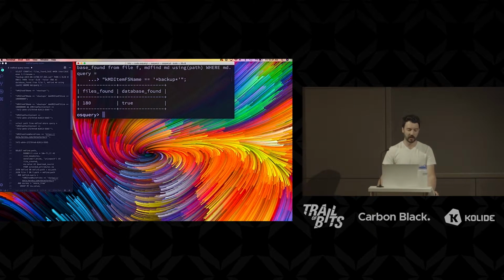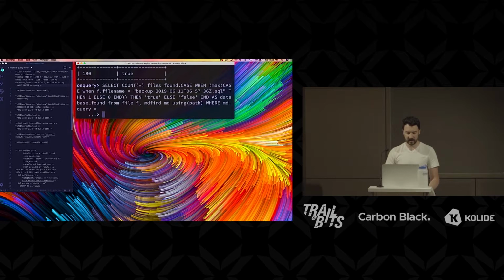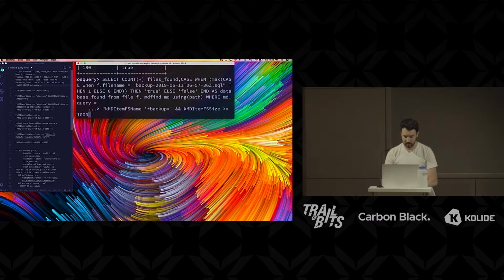So we're getting a lot of noise in the results here. Let's try scoping this down using some of the things that we had discussed earlier as possible avenues to reduce this data set. So let's say things that are over 100 megabytes in size. All right, so that would be kMDItemFSSize. We'll use our name still, and we're using wildcards there to catch anything that has backup in it. And then we'll put an AND statement, and we'll do greater than 1, 3, 4, 5,